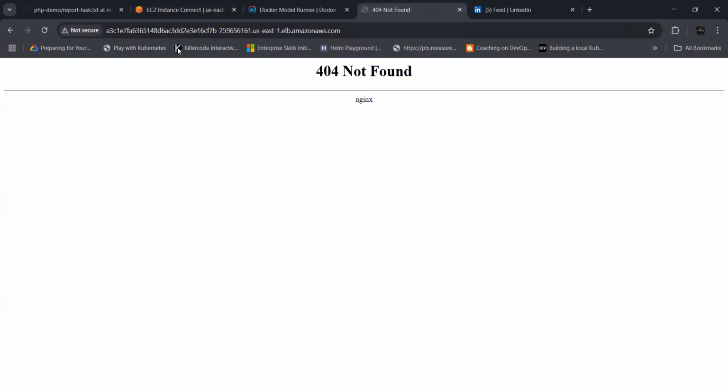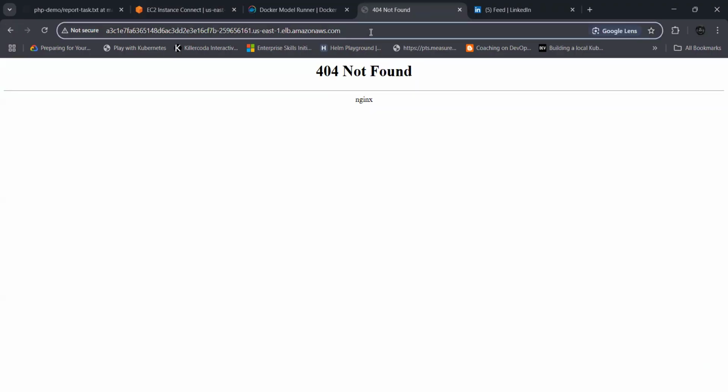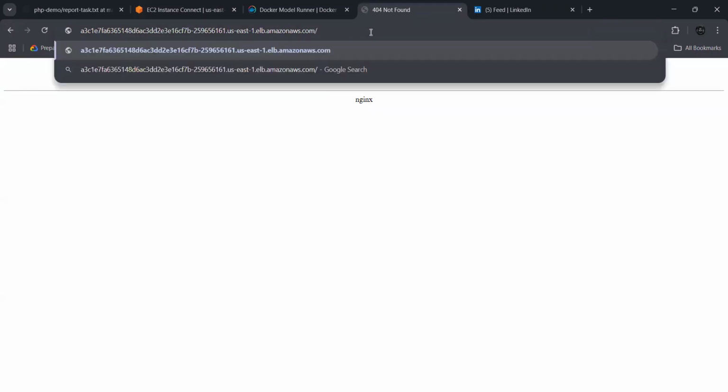Now we need to go back to the portal and refresh. We can't see anything, but this is a path-based one, right? So we need to define the path as well. App one. See, hello from app one. Now we need to change the application, right? So change the path to app two. See,